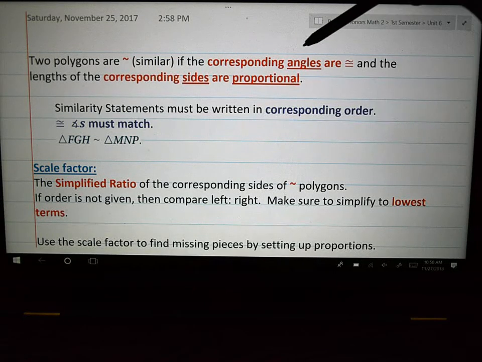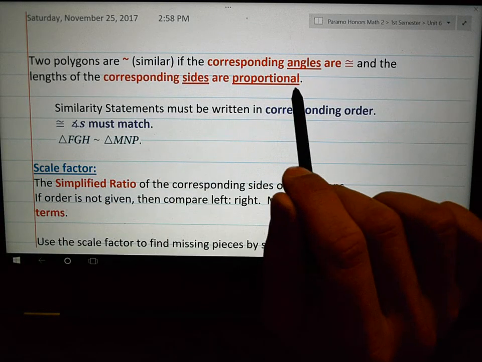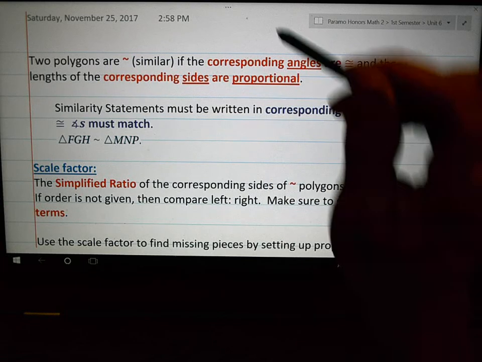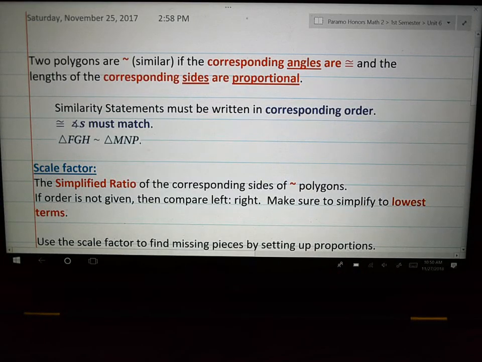Similar means that they have angles that are the same. All the angles are going to be congruent to each other, and the sides are proportional. They're going to be in the same ratios as each other. So with that being said,